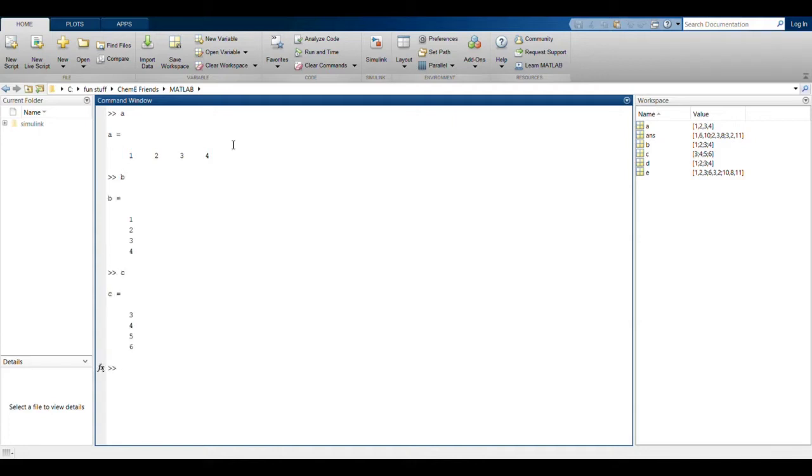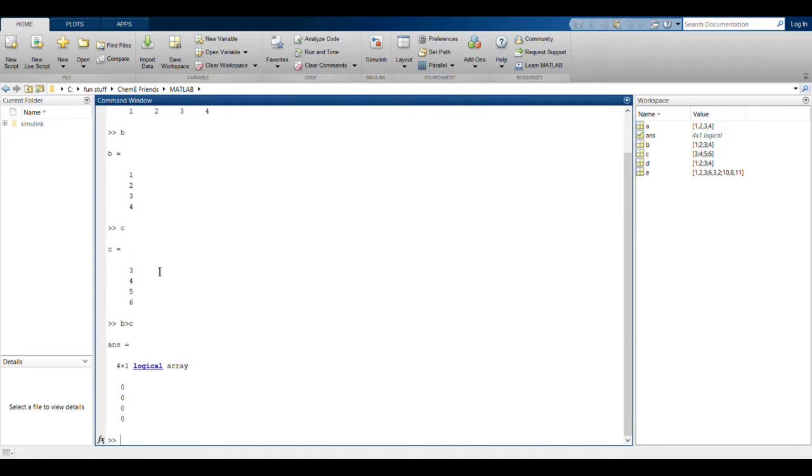What we can do between these two matrices is see whether B is greater than C. Let's see what happens when that occurs. We can see all the values are 0. This is a logical array, because when we ask whether B is greater than C, it compares element by element in the same position.